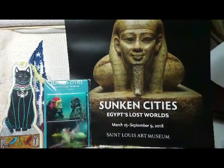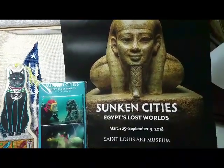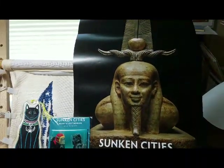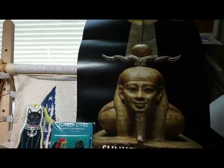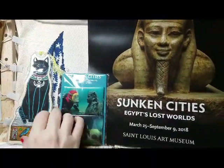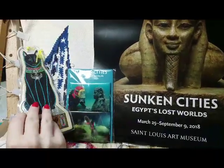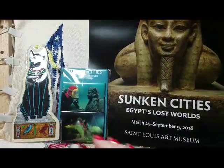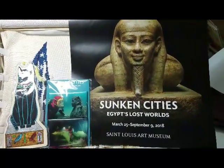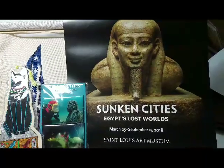September 1st. Oh gosh, it's already September. I went with a couple of friends to the Sunken Cities exhibition, Egypt's Lost Worlds. One of the statues was there, and I got a couple of magnets and this Egyptian bookmark for my daughter. It's painted on papyrus, and I'll insert some pictures of this exhibition where they brought items from